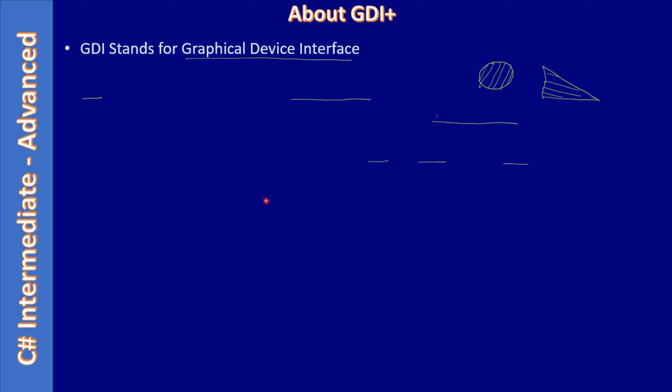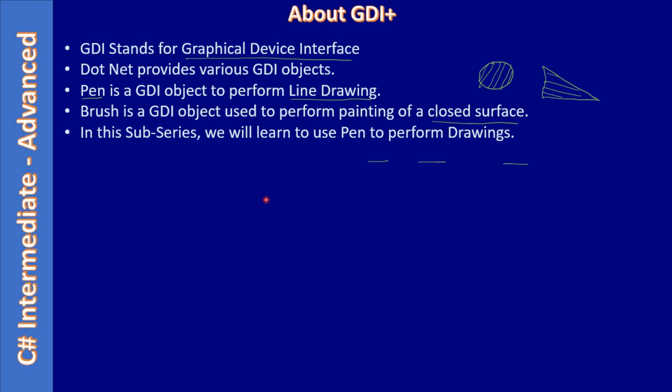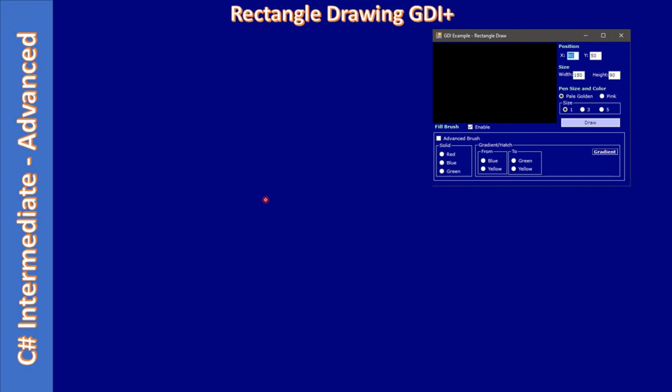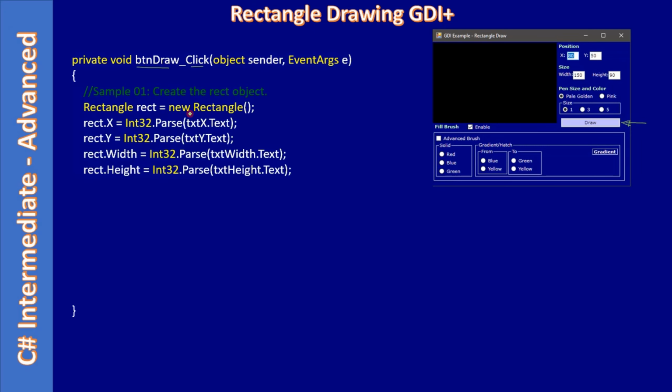So here are the video decks from the previous 3-part video. First, we are handling the click event for this draw button. btnDraw, that's the name, and the event is Click. Next, we are creating a rectangle object and the reference is rect. Then we are feeding the information from our UI. So txtX.Text, that means